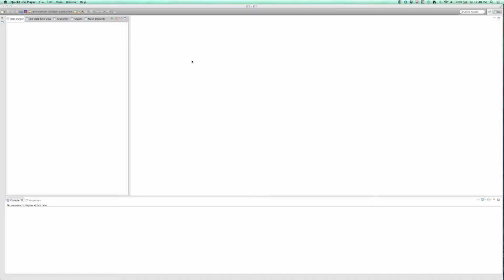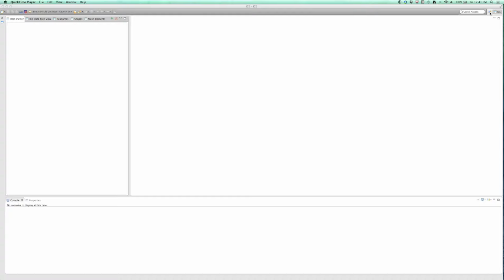Alright, well, let's go ahead and look at our new unified Moose workflow item. First off, right now we're in the default ICE perspective. When you first open ICE, this is what you should see. We want to go ahead and switch to our specialized Moose perspective with extra views that are important for Moose